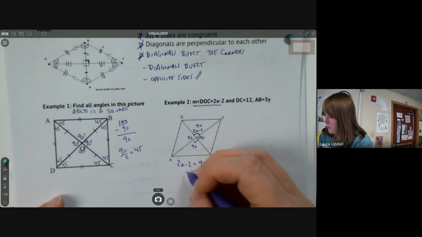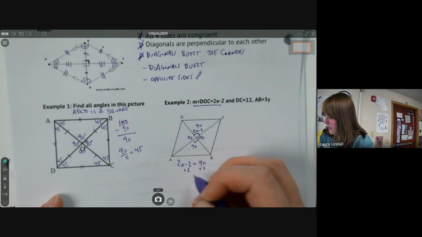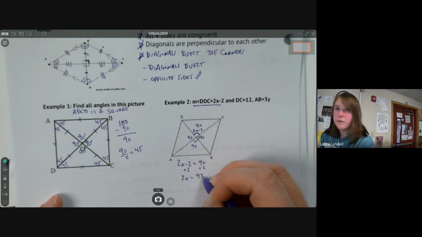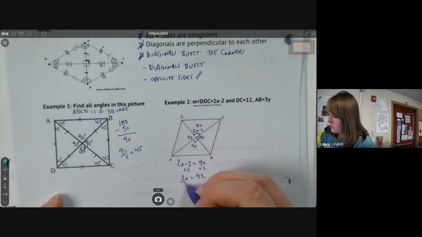All right. So I'm going to add 2 to both sides. We get 2x equals 92. Divide 2 on both sides. We get